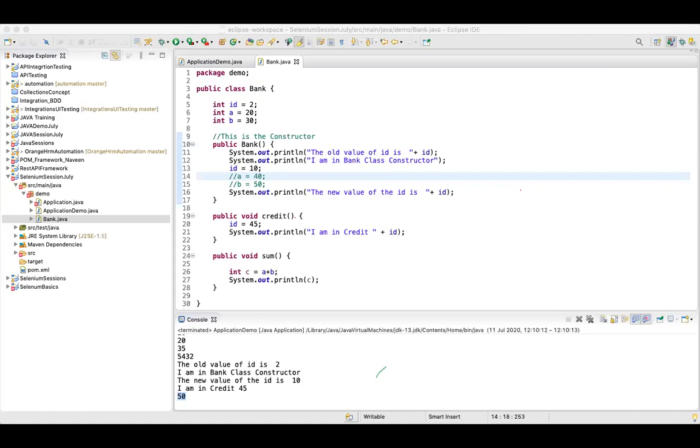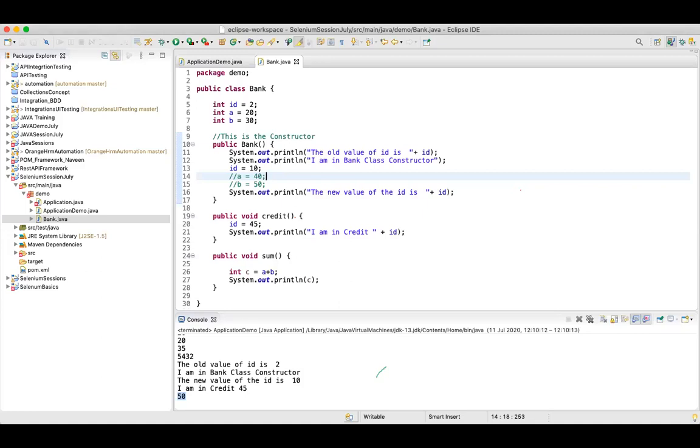Now why do you do inheritance? First of all, without inheritance we can also achieve our programming. We can write all our code without inheritance as well. So why do you create inheritance?